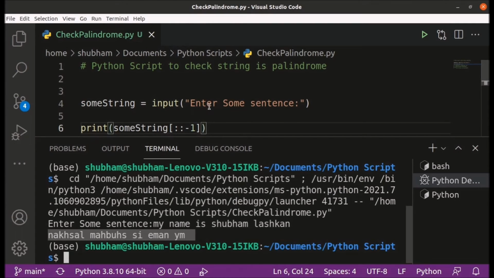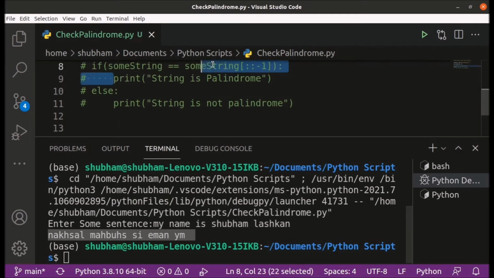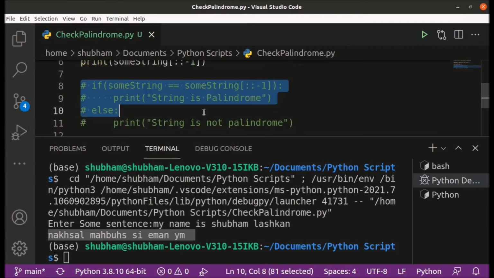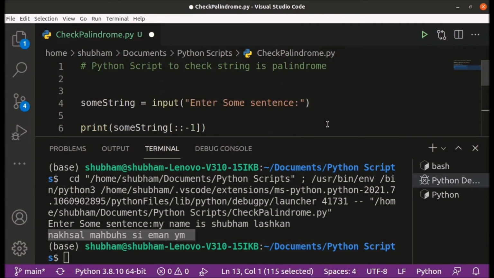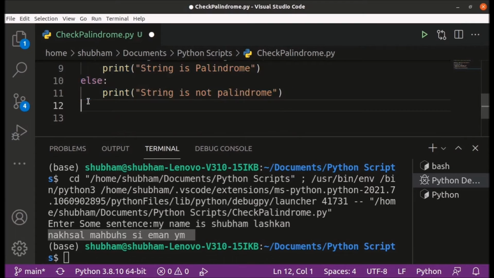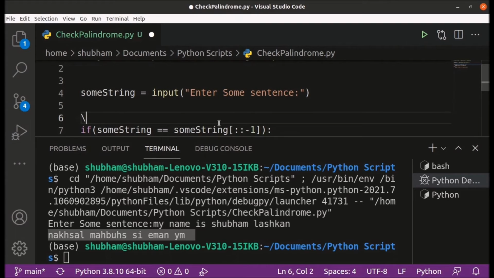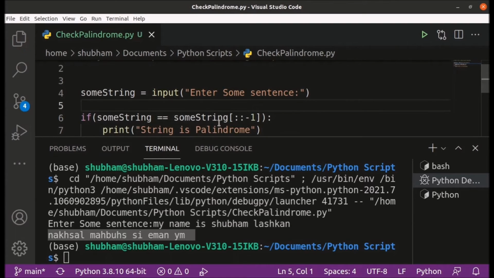If the reverse of the string is equal to the original string, then we will say the string is palindrome, else the string will not be palindrome. So let me uncomment this part of the code and comment or erase the part which is not necessary for us, so that we can finally check our code.